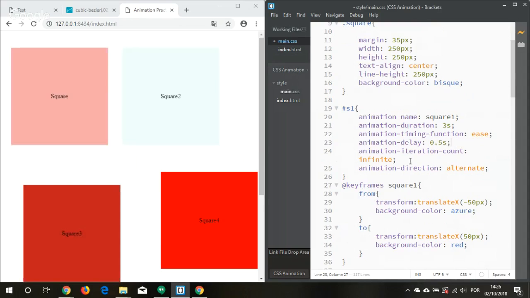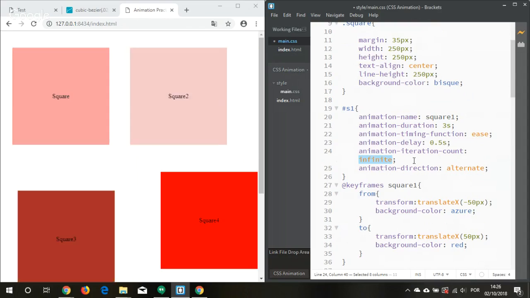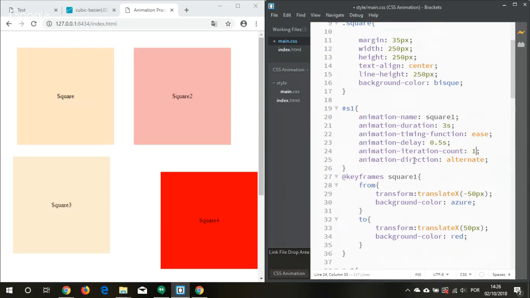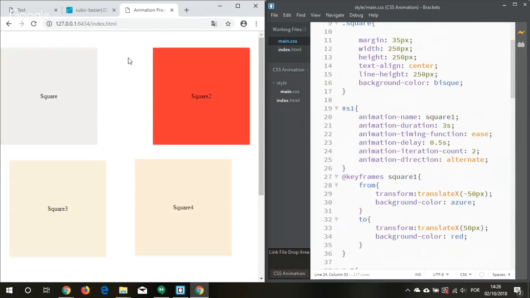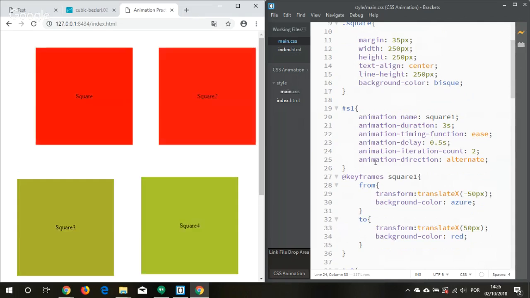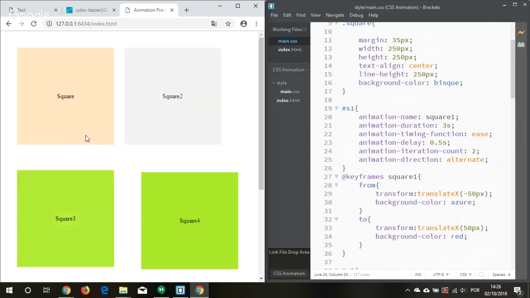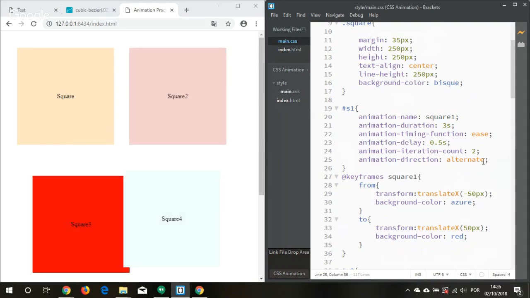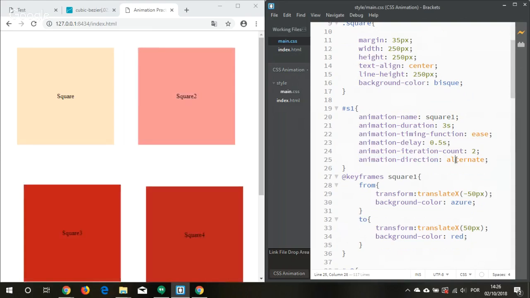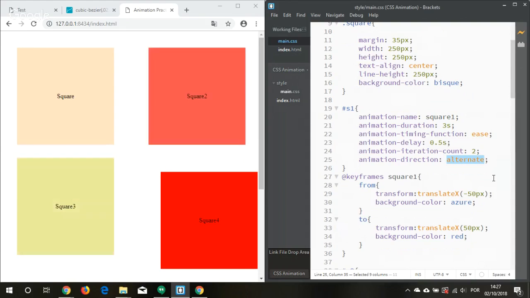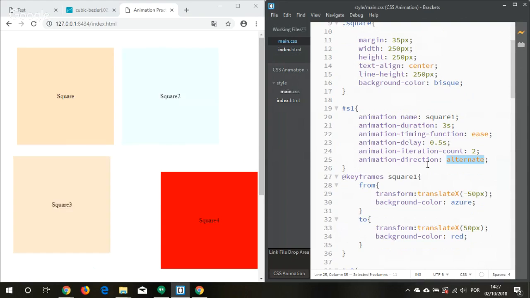The animation iteration count means how many times the animation will continue. I set infinity, but I can set 1, it will endure 1 time, 2 times, for example. Okay. It was 2 times because of the animation direction, because we can set alternate, that means that it will go and back